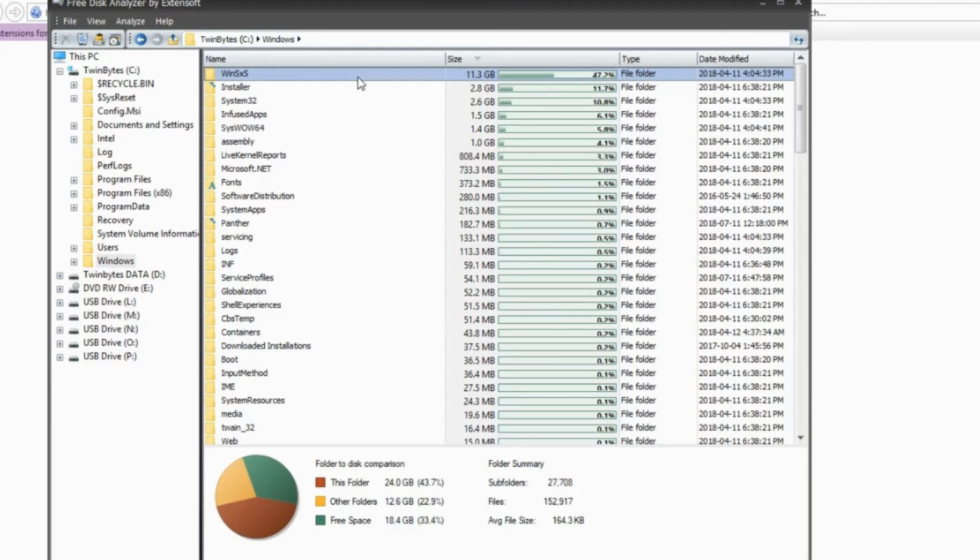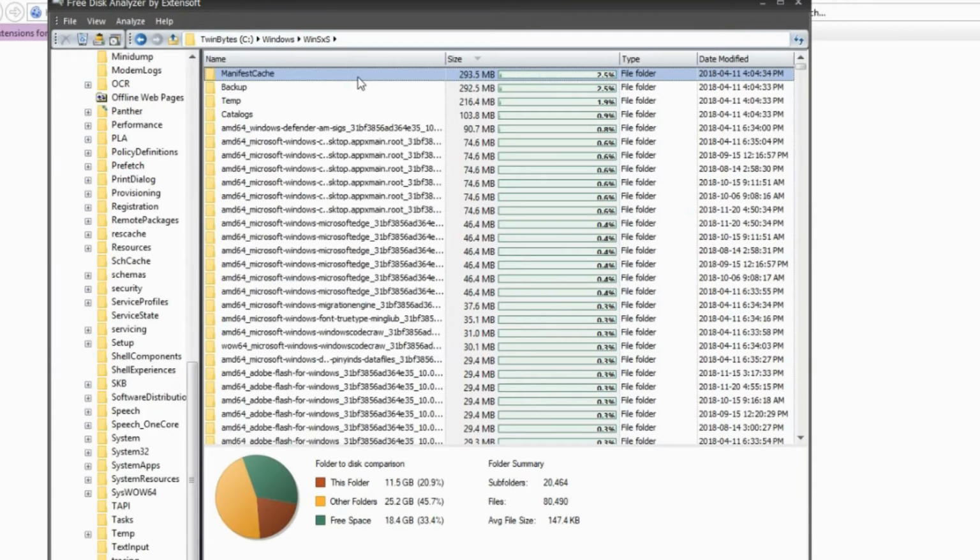But at least from here, you'll be able to get a better understanding of which folder, files, or subfolders are the main culprit here, and you can either delete them or move them to an external drive for archiving, or if your drive is just too small and you need to keep all of these things, then you would need to look into purchasing a larger hard drive.